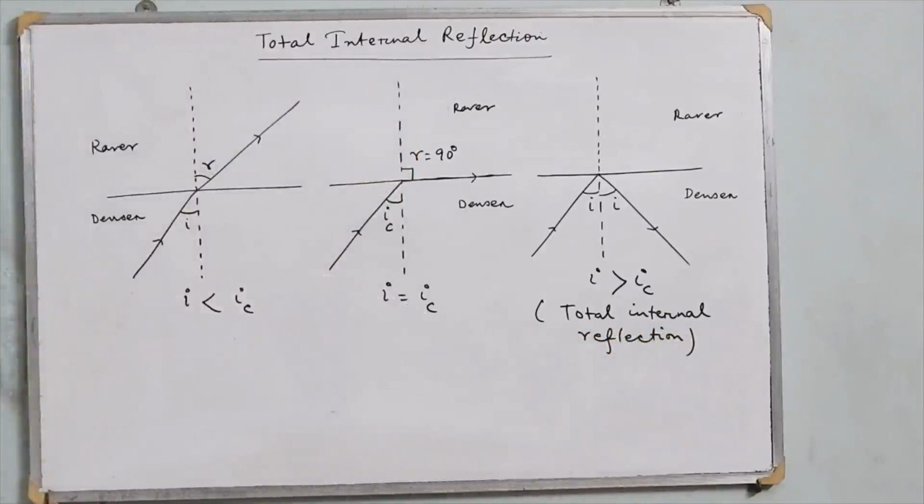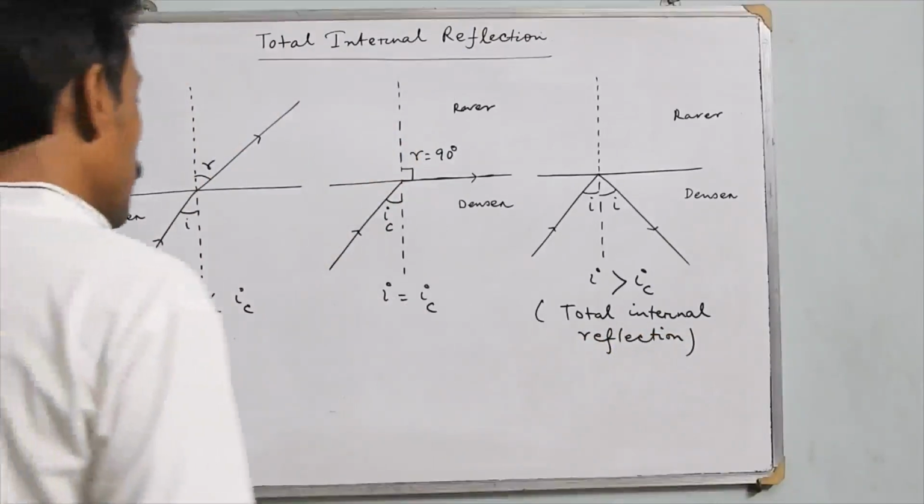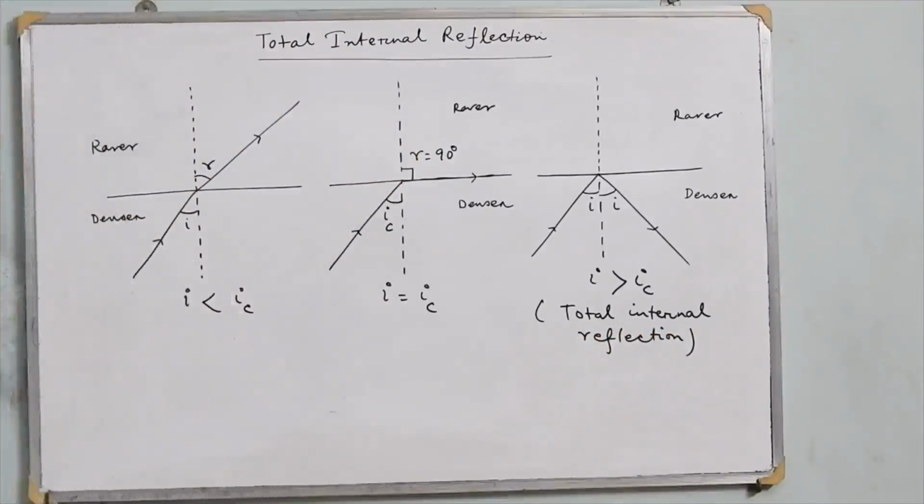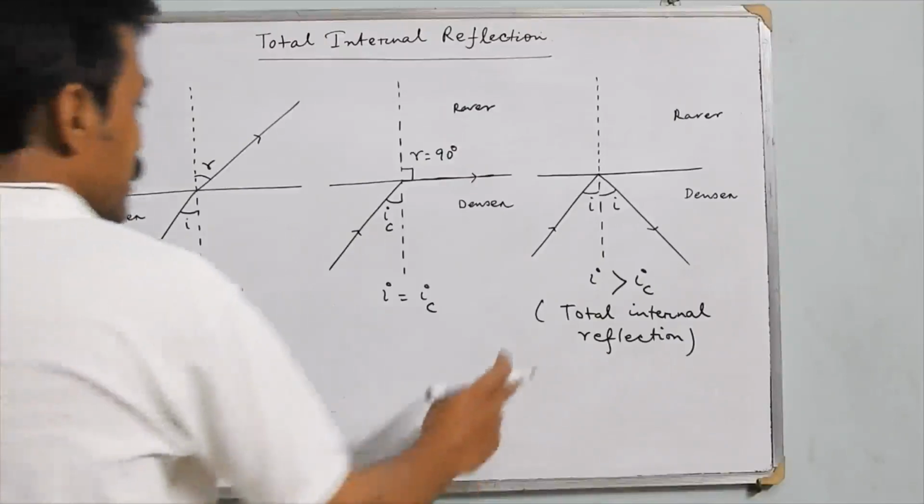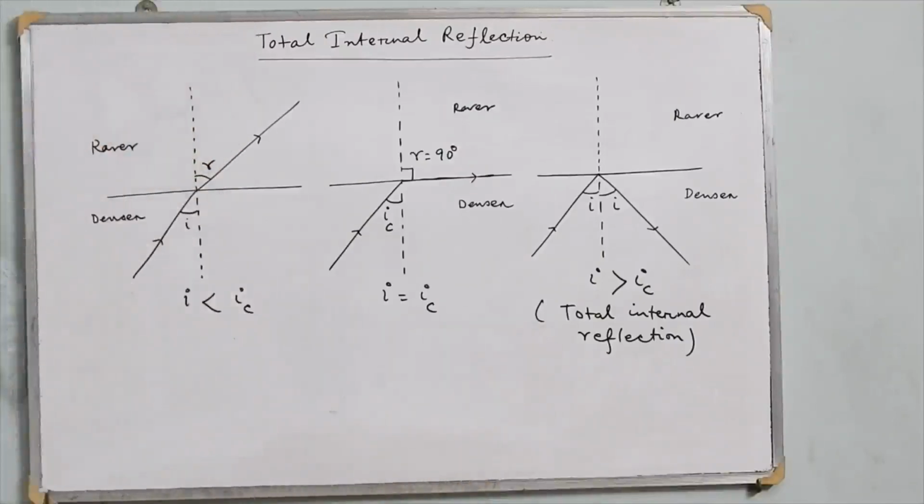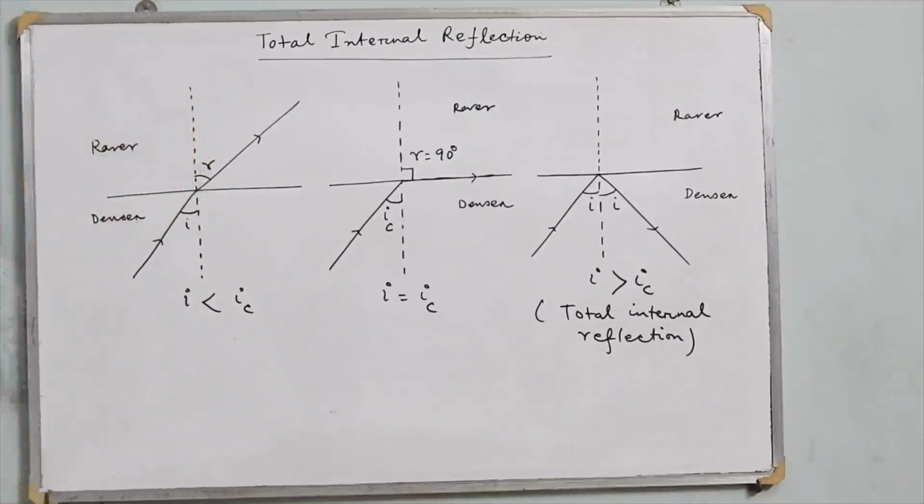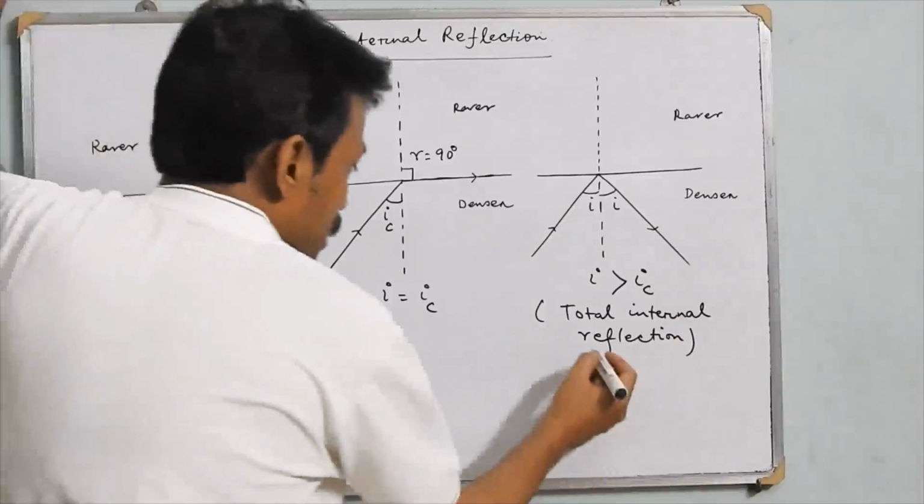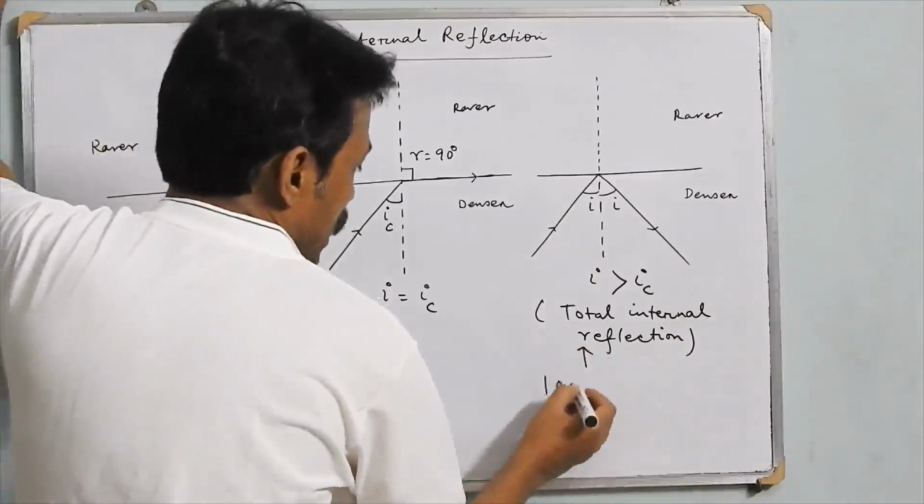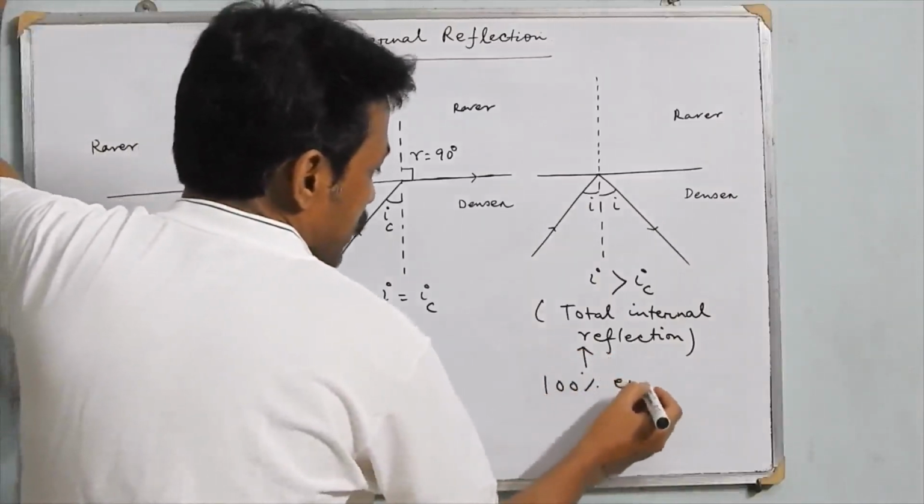Unlike reflection at the surface of a mirror, this reflection is special in that sense. Here there is no loss in energy, because whenever reflection at the surface of a mirror occurs, some amount of light is absorbed by the surface. But in case of total internal reflection, it is more advantageous because you can say that 100% energy is reflected back. So in the case of total internal reflection, 100% light energy is